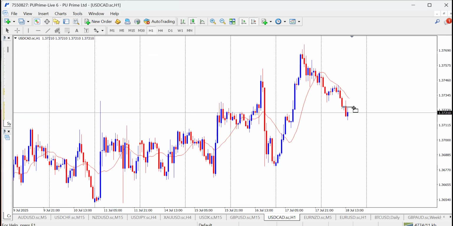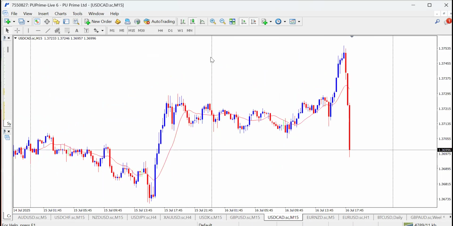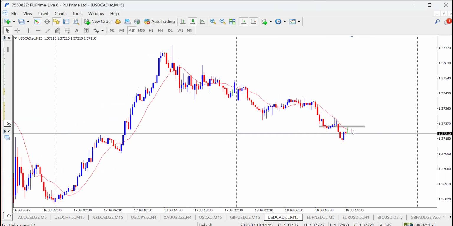So this is very, very spectacular for me. On the 15 minutes time frame, you can see that this zone, you see the market tap into the level and continue selling. So USD CAD, USD CHF, USD JPY, I'm quite bearish on them, and I'm looking forward to sell them as a form of retracement on a higher time frame before the market moves to where it wants to go.